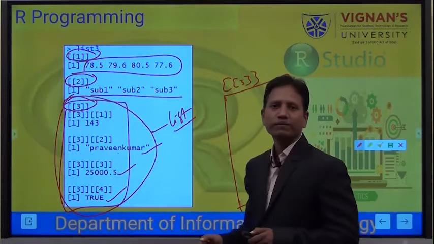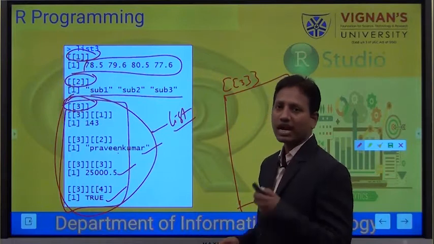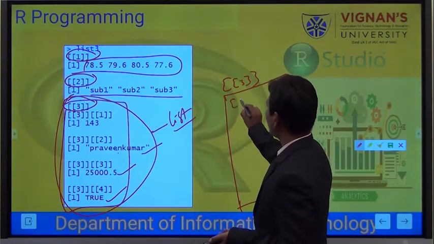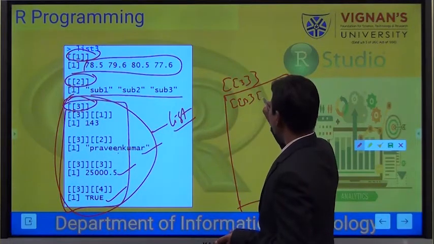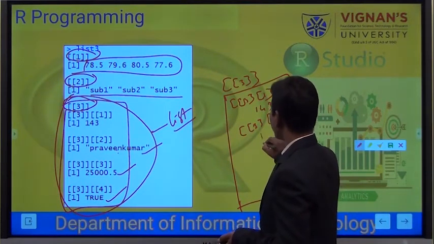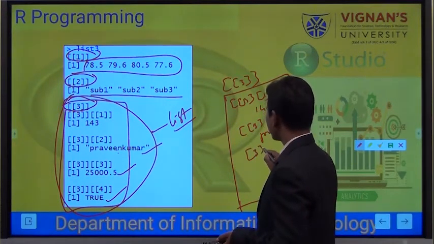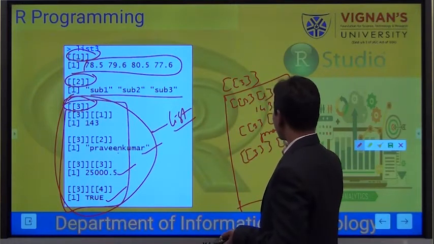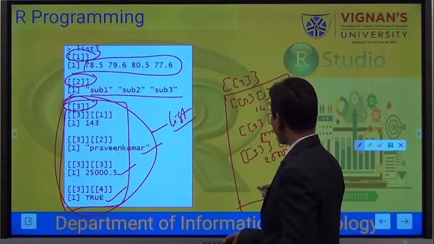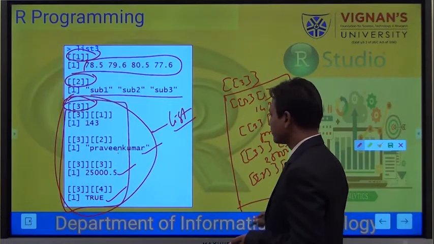In this third item we have again 4 list items, and how are they represented? In the third item, the first item was 143, the second item was the name, Praveen Kumar, the third item was the salary 25,000.5, and the fourth value is true.